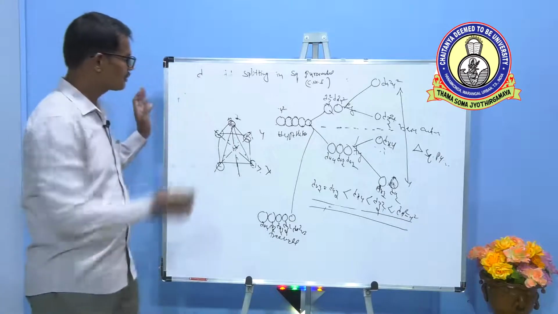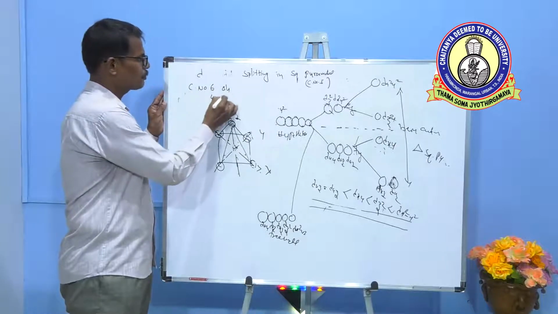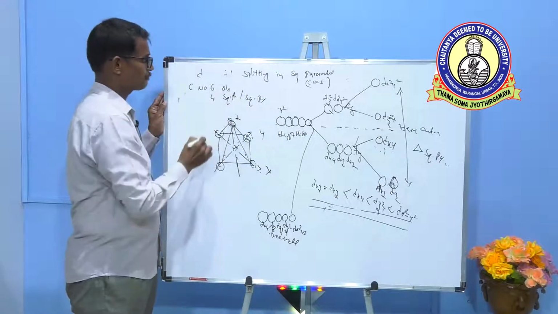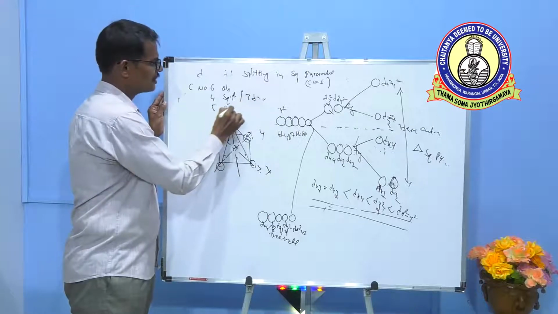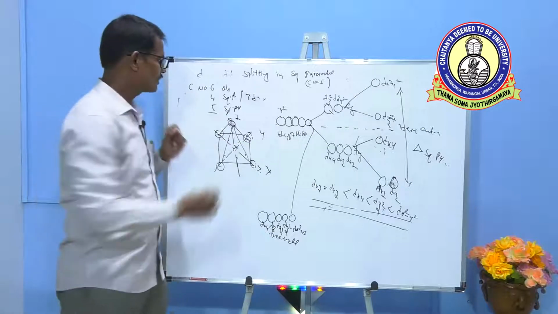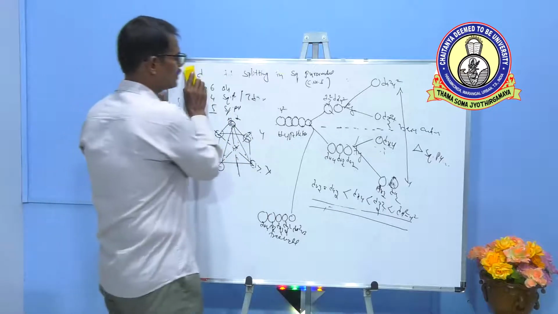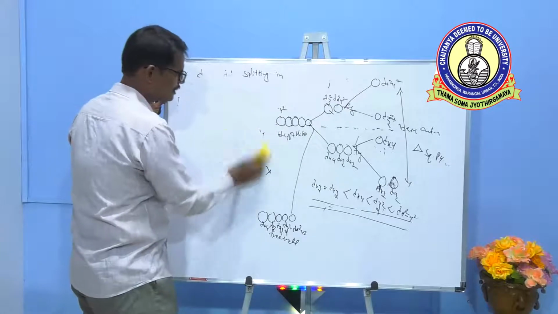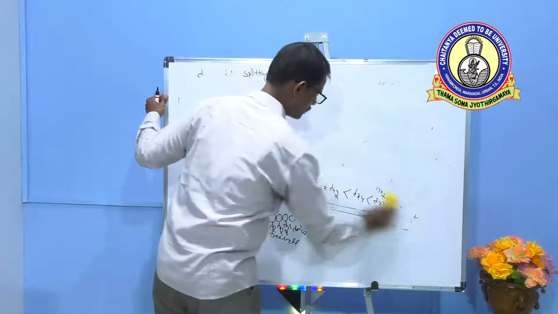So up to here we considered coordination number 6, octahedral, coordination number 4, square planar and tetrahedral. For 5 it is square pyramidal. So in coordination number 5, one more is there, that is trigonal bipyramidal geometry. If we consider this trigonal bipyramidal geometry, the d orbital splitting, the first part of our chapter, is almost completed.